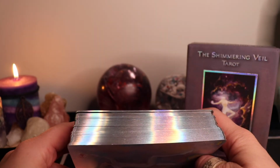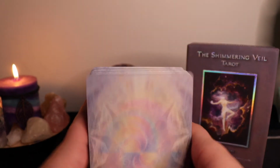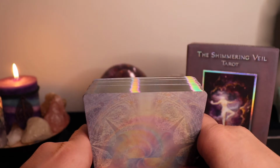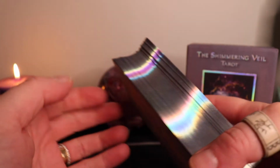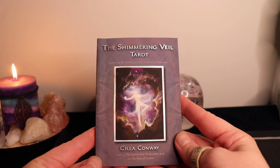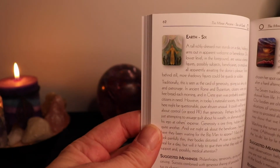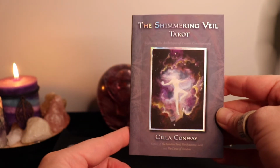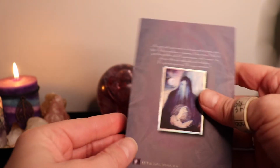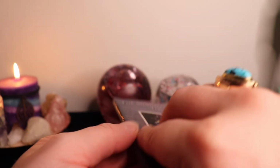But the customer service isn't the only good thing about the Shimmering Veil Tarot. It is all together an amazing package. And this second edition comes with this silver, rainbow, flashy, I don't know what you call this, edging. And it is gorgeous. The book, even though it's small, it's really nice. I haven't read it yet, but it has color images and it feels like it's jam-packed with information. So definitely one guidebook that I'm going to read from cover to cover. And it's beautiful. Even the quality is like the images. They pop out